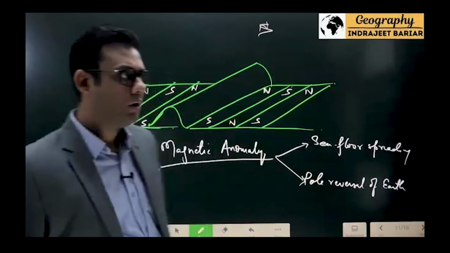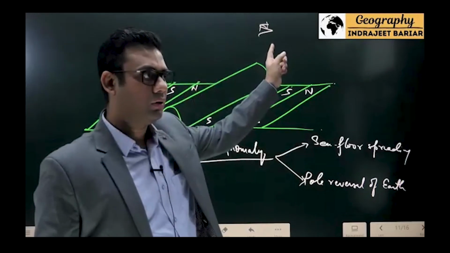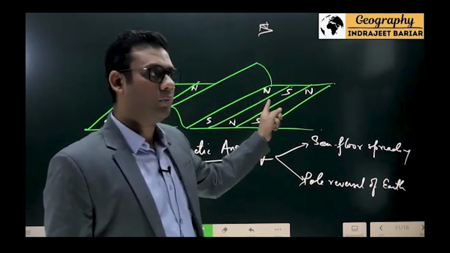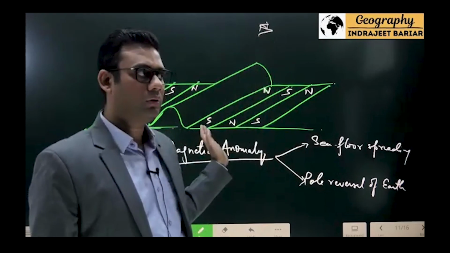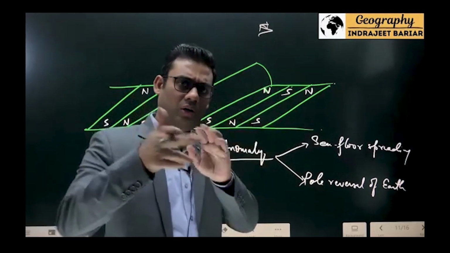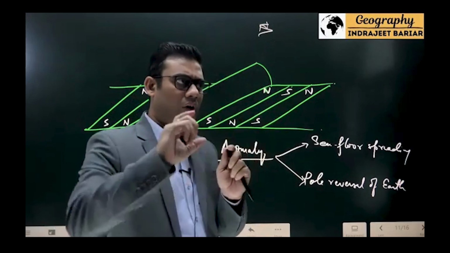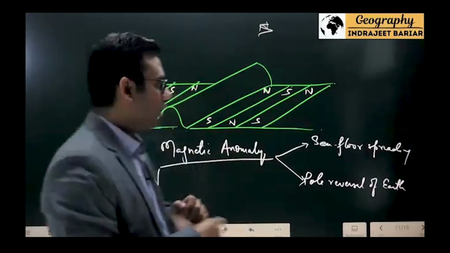on the Earth. But I have to understand that every time this pole reversal happens, the new solidification that would be taking place here will acquire that polarity. तो हर बार जब भी पोल चेंज होगा, पोल रिवर्सल होगा, नए रॉक्स जो बनेंगे, they will have a different polarity. And that's why you have these strips.